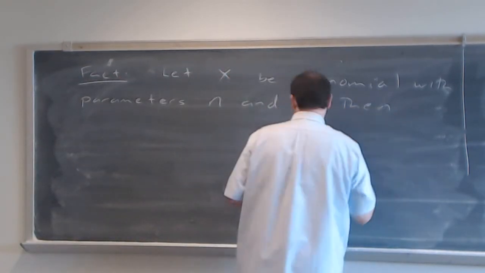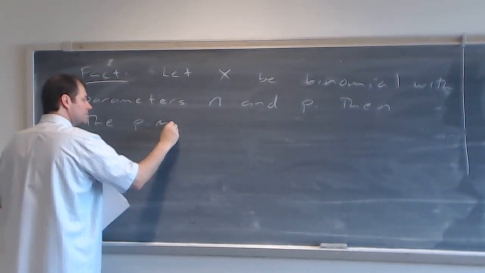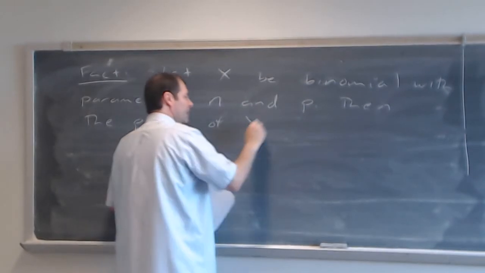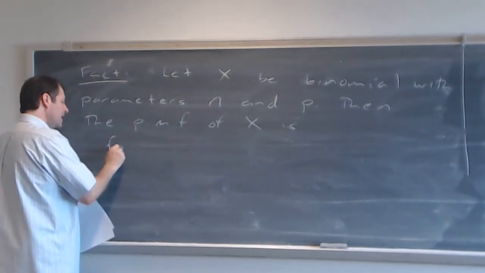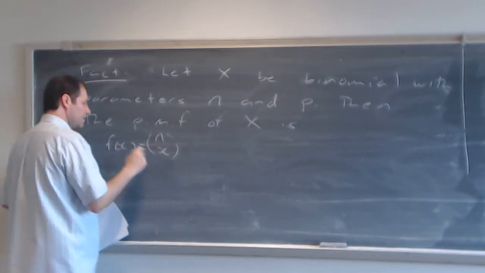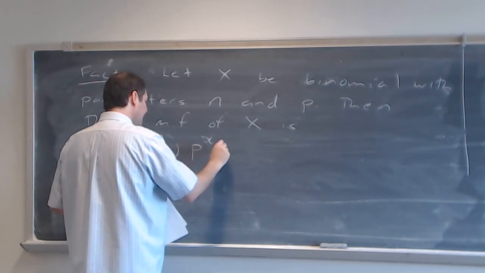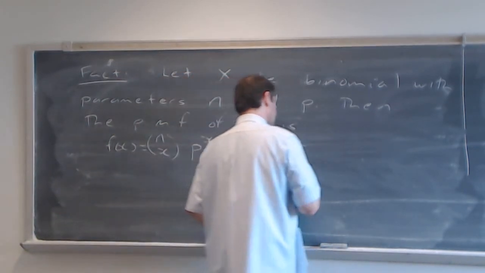Then the probability mass function, the PMF of X, is here it is. It's f of x equals n choose x, p to the x, 1 minus p to the n minus x, where